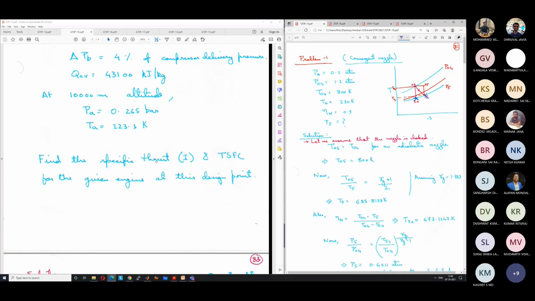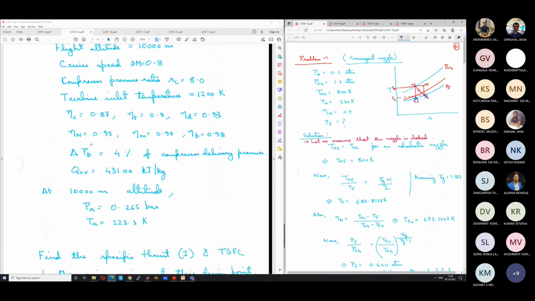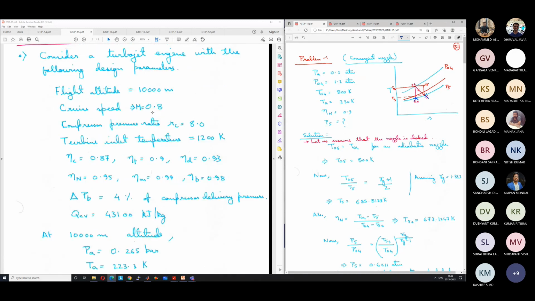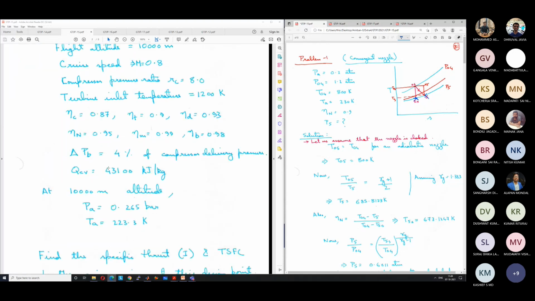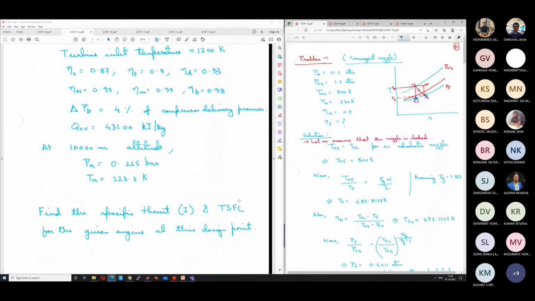So we will be doing this for a particular condition. That condition is known as the design point. Now we will vary the design point and redo the calculation. For many design points, we can redo the calculation and draw graphs to find out the variation. For example, we can change the speed from 0.8 to 0.81 Mach number, then 0.82, 0.83, like this, and redo the calculation again and again. And we will be able to obtain a curve for thrust and TSFC versus Mach number.